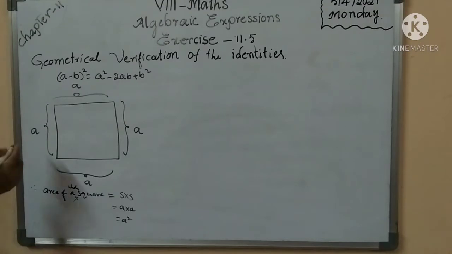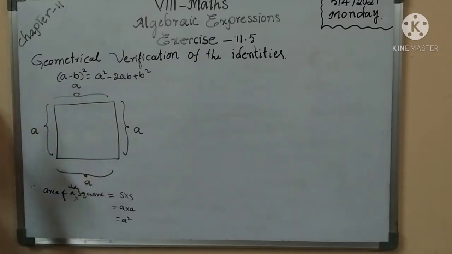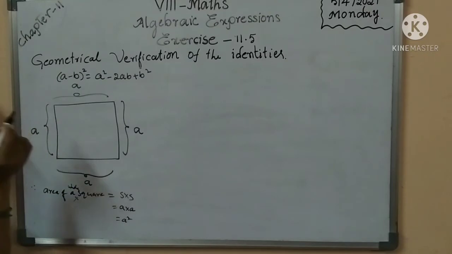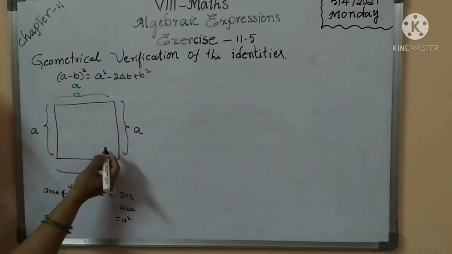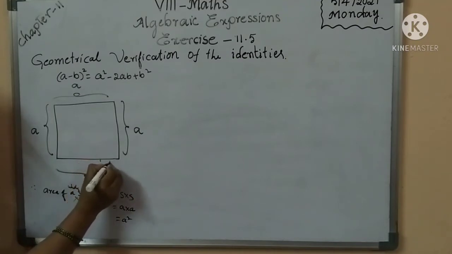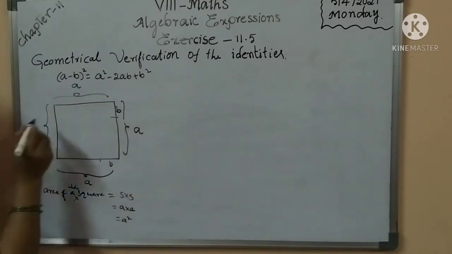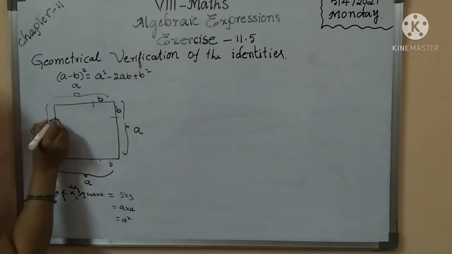So here observe that in the before class it was A plus B, so here A minus B. So we should write here minus; minus means all sides, B units, are removed. B unit. So here to here B, so here also B, same. Here also B, and here also B. Remove that part.